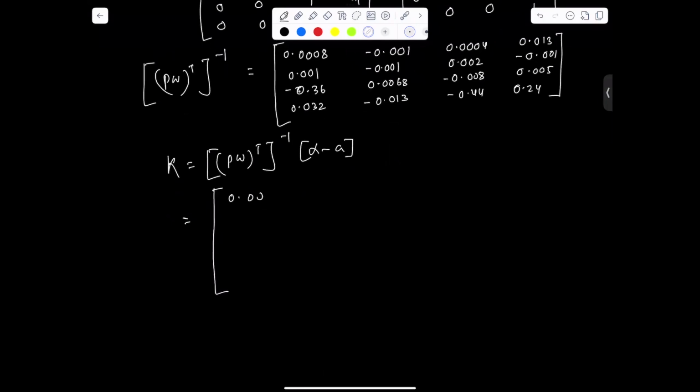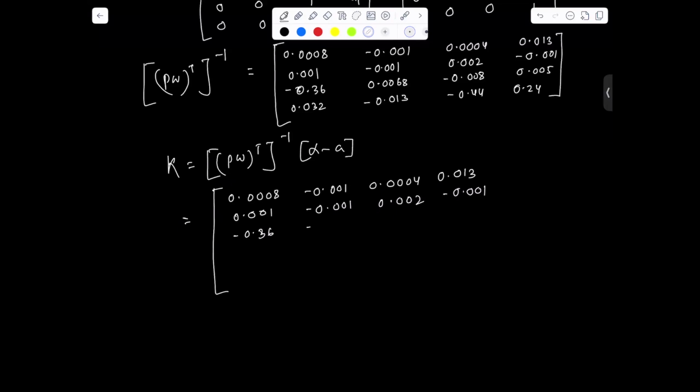0.0008, 0.001, 0.004, 0.013, and 0.001, minus 0.001, 0.002, minus 0.001, minus 0.36, plus 0.0068, minus 0.008, 0.005, minus 0.013, and 0.24, and into we have